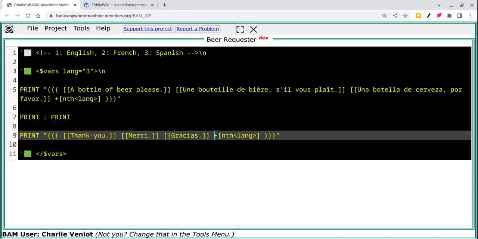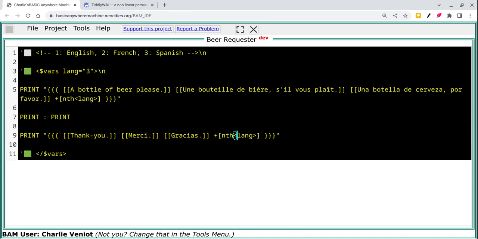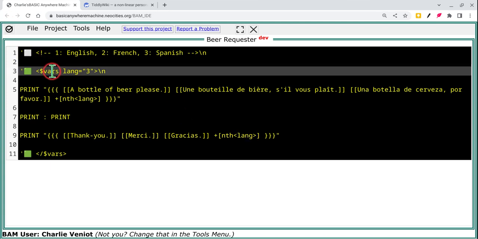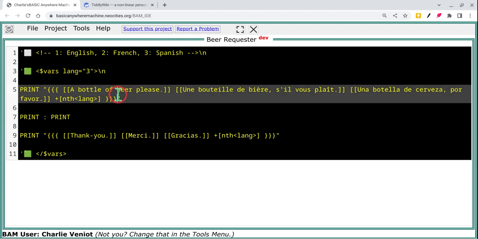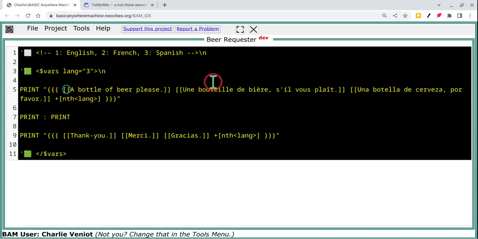And now we've got a command that says, hey, look, grab the nth item. The parameter for nth is lang, and lang just happens to be the variable that we've described up here. Where lang is equal to 3 for Spanish, the result is going to be the Spanish text, the third item. And it's the same thing up here. We've got English, French, and Spanish versions of text. Whatever variable we set here is what will decide what will actually be rendered inside those double quotes